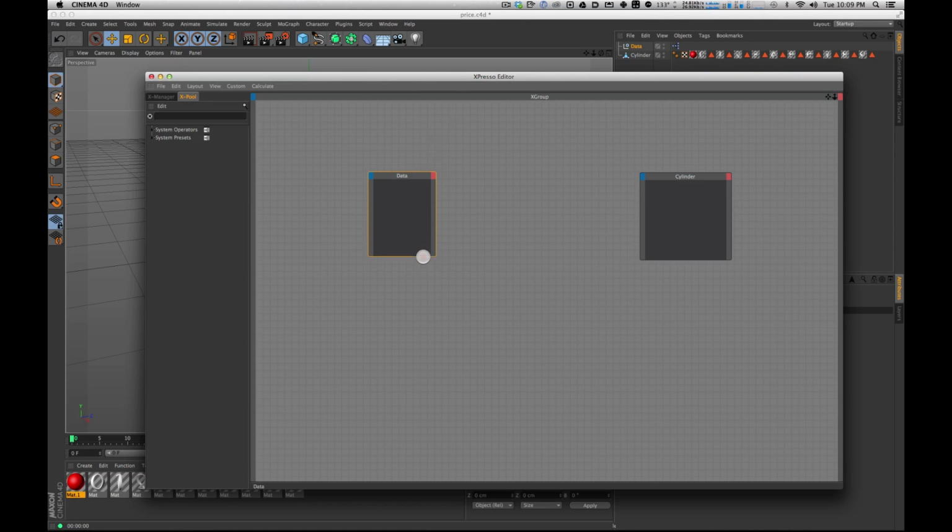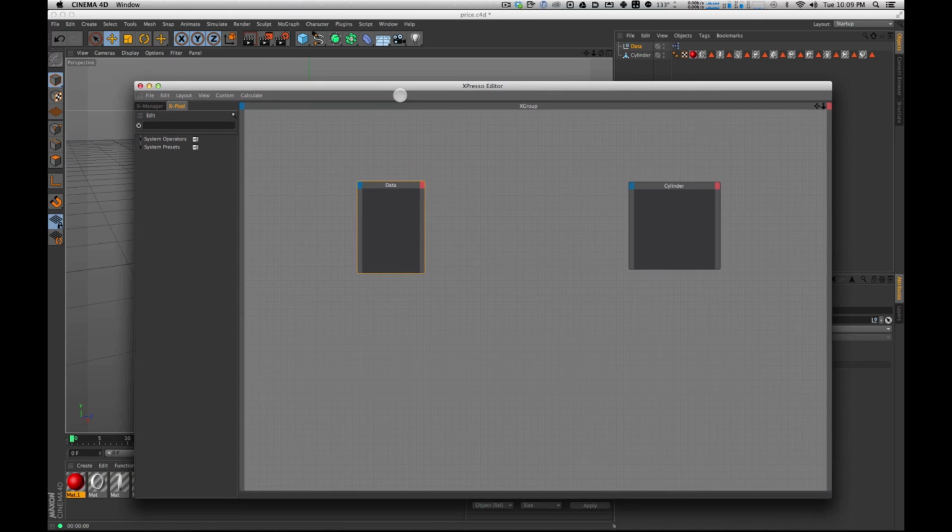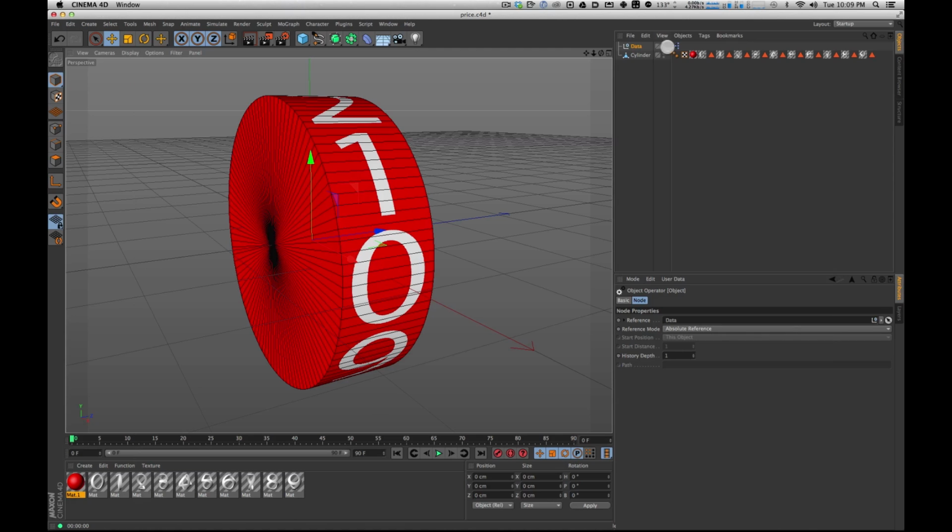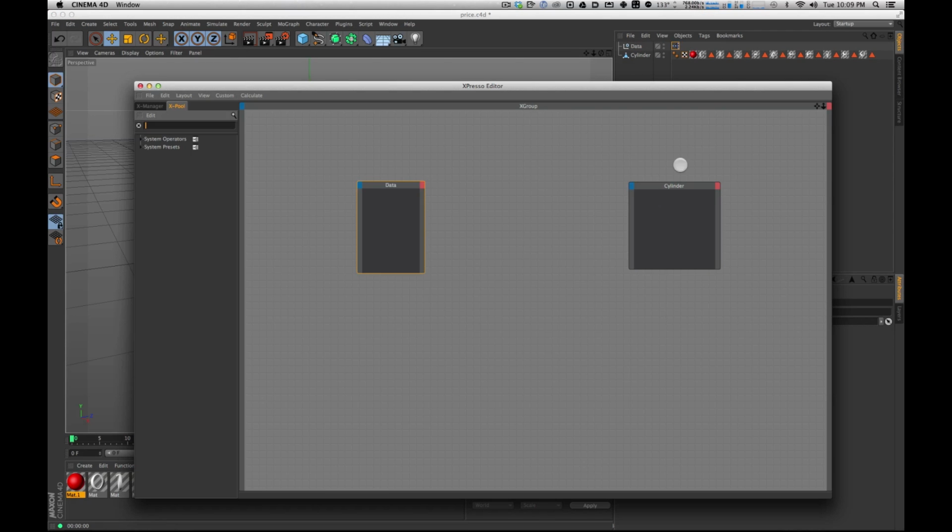So I got my Xpresso back up here. If you accidentally close it, don't worry. You can just go to the Xpresso tab and double click on it and it will open back up. Now, on this left side, let me close this so you can see what it looks like by default. Under Xpool, we want to add some math and we want to do some multiplication. And it's easy, it's just to hit this little magnifying glass and just type math. If you drag that into the middle,